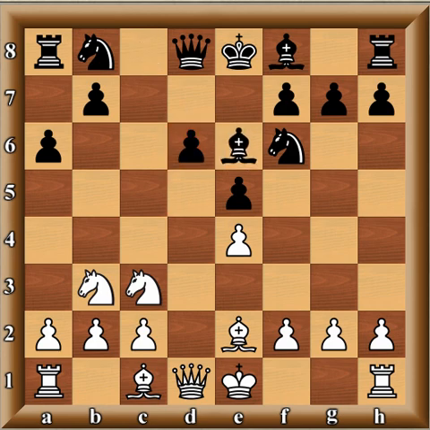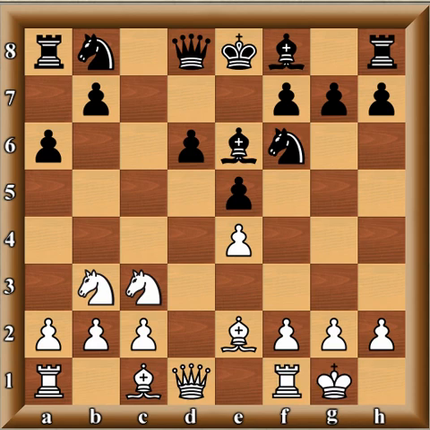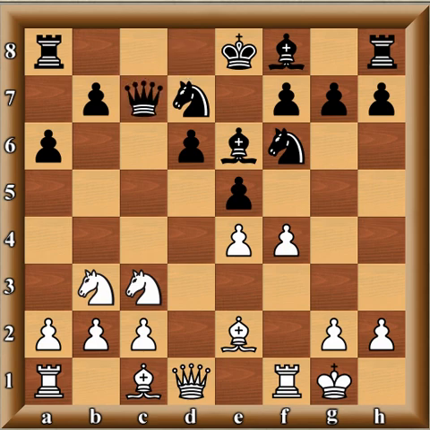Bishop e6, and we see the struggle immediately. Knight on f6, bishop e6, queen on d8, all teaming up to take control of d5. Castle, knight bd7, f4, and this is all old theory. Queen c7,